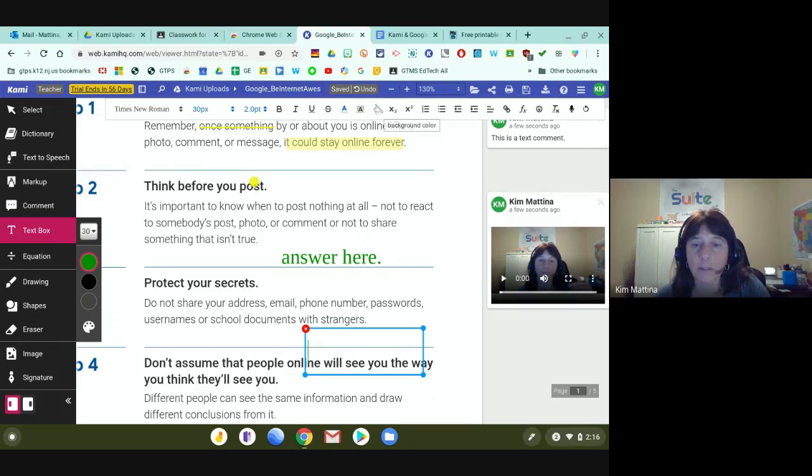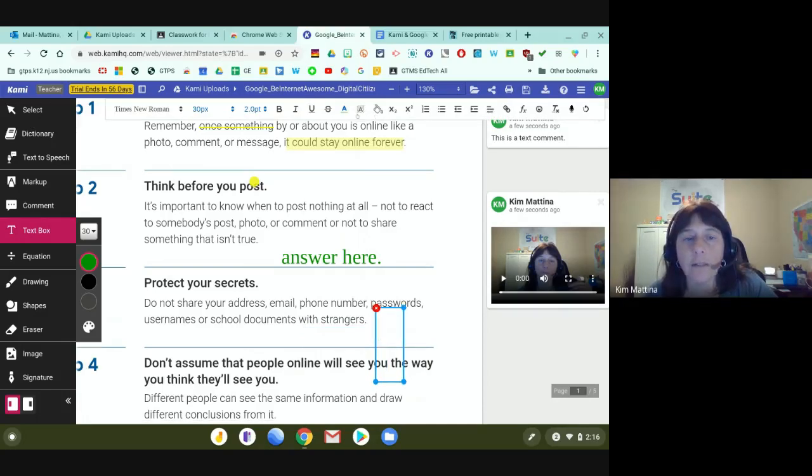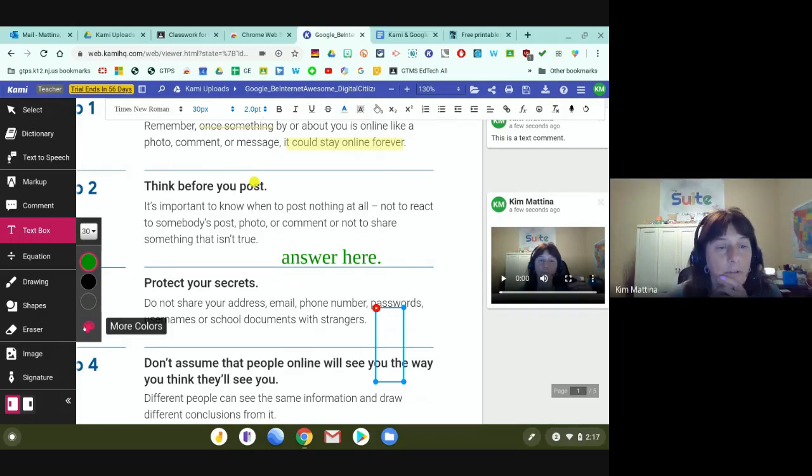Here, but let's see, background, you can actually do the background. So if you wanted to make your text box, I don't know what happened here with this. You have to find the option for the border, and I'll look for that later. I'm not seeing it up here. And they may not have a border. And this is certainly not a border, so I don't know. But you can just put in here, answer here,